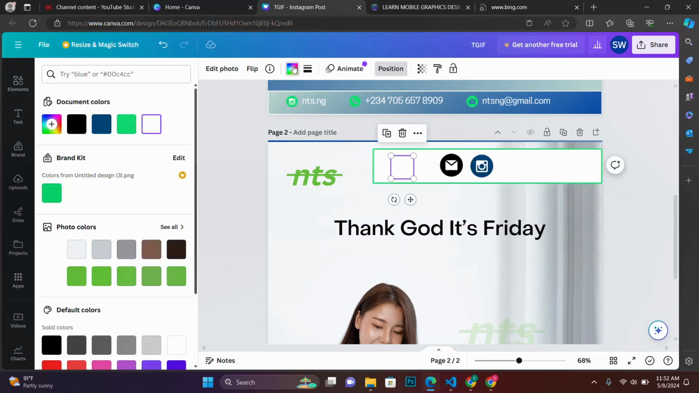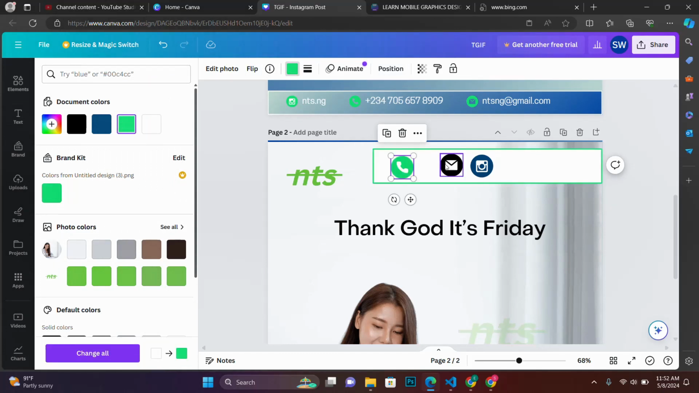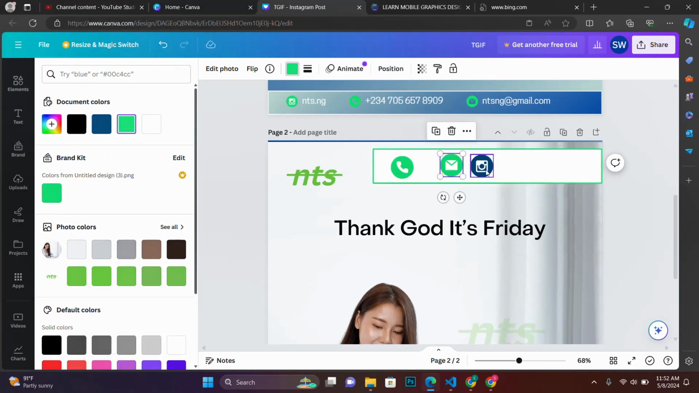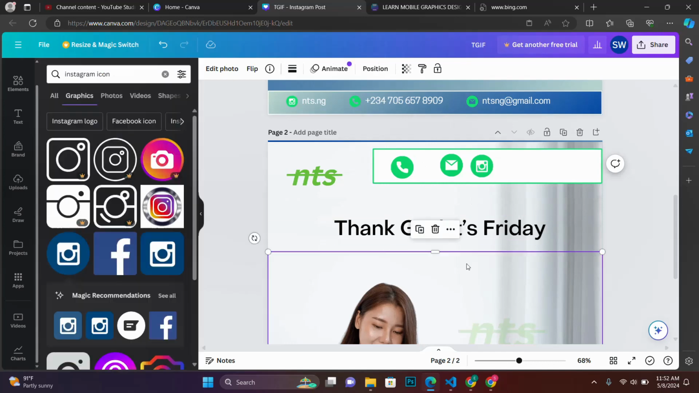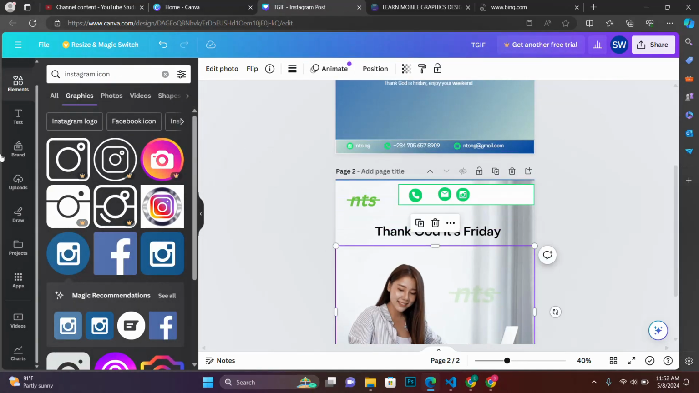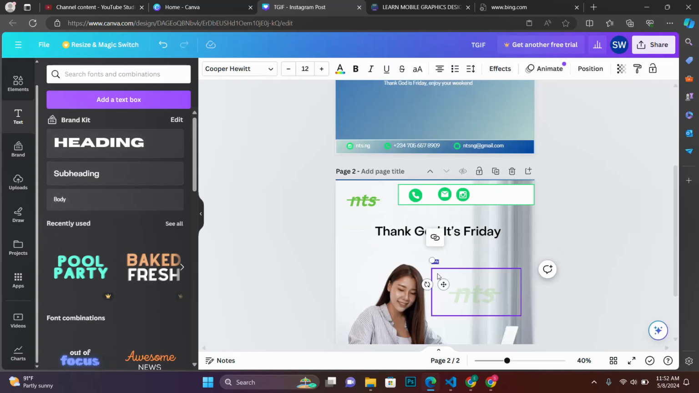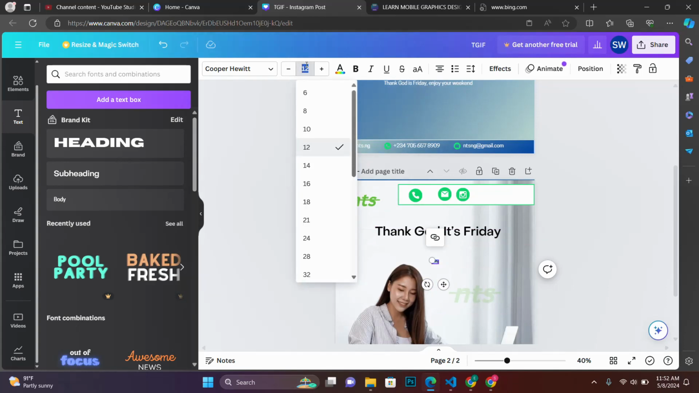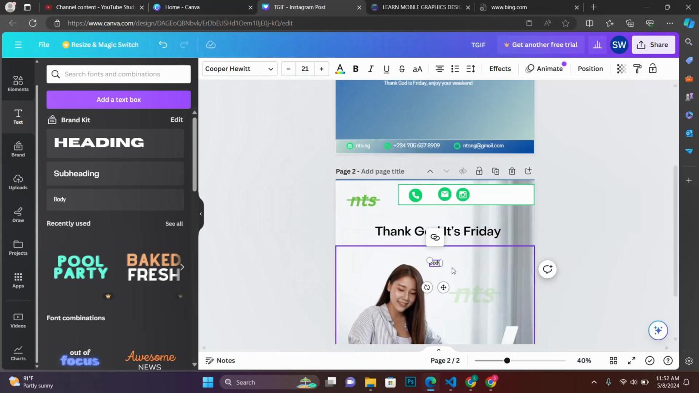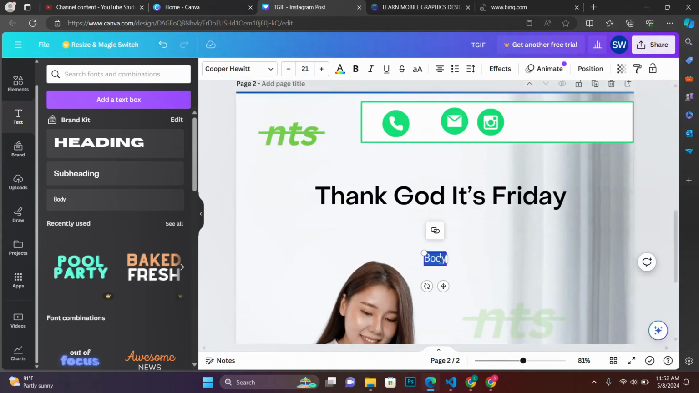So here let's just change the colors. So I want them to have green colors also, green. I'm doing this all over so that you can get used to it. And green. Okay, now let's bring our text tool, and then we'll just write our Instagram, our phone number, and then our email. So let's increase this to 21, and here we'll write our Instagram, nts.ng is our Instagram handle,